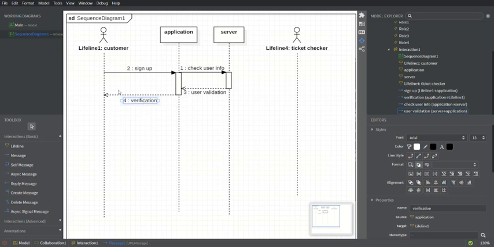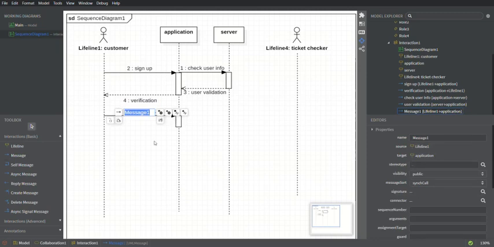After the verification has been completed, we come back to the user and again create a message which will be named booking tickets and checking time, sorry, which will be requested by the customer to the application, and after which it's gonna move on to